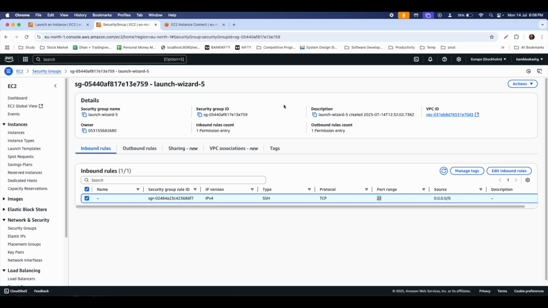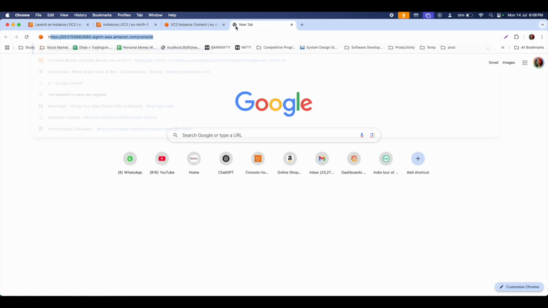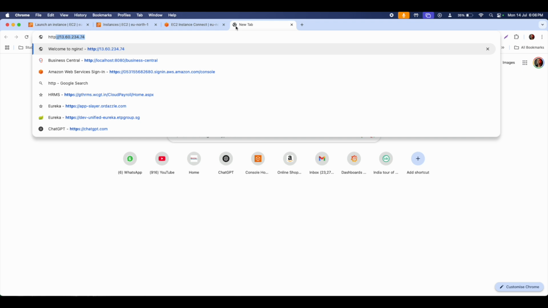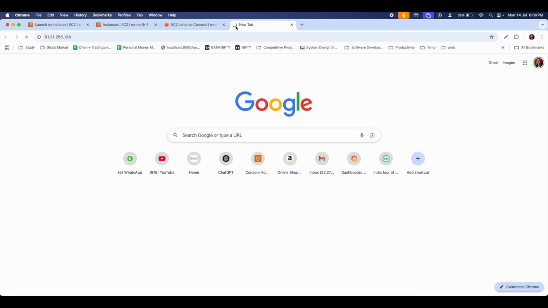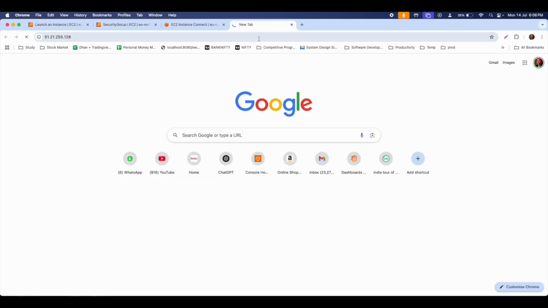Now let's first try to access the newly installed Nginx from the outside. So what I'll do is quickly go to instances and get the IP address of it, and I'll go to http:// the IP address of it, and now you see it is in the loading mode. So it is actually trying to reach that particular port number. Nginx usually runs on port number 80. So it is trying to go to that port number, but because we do not have any entry inside this security group, this would not be accessible from the outside world.